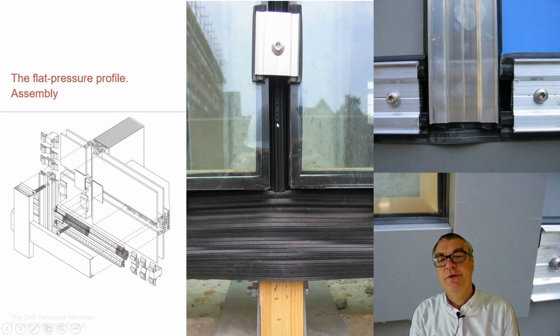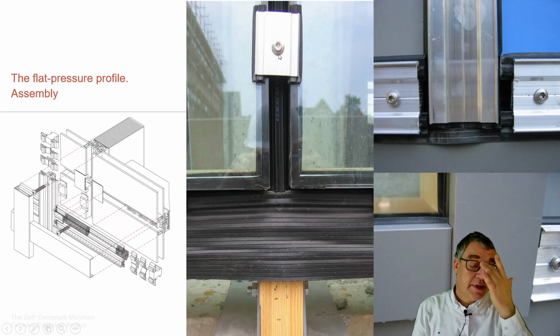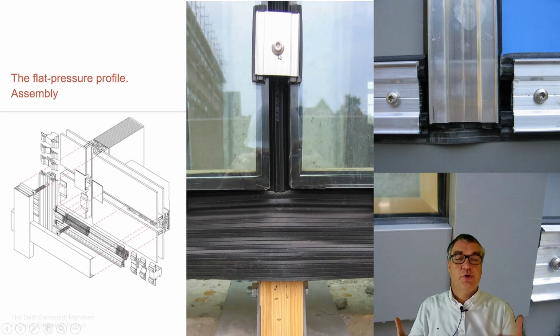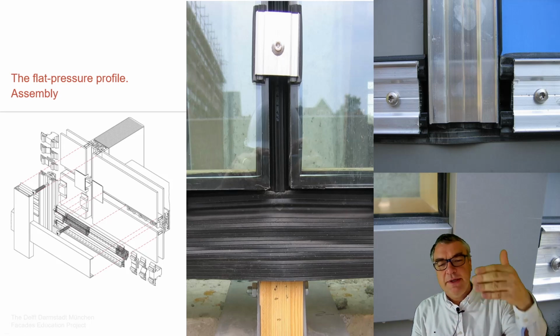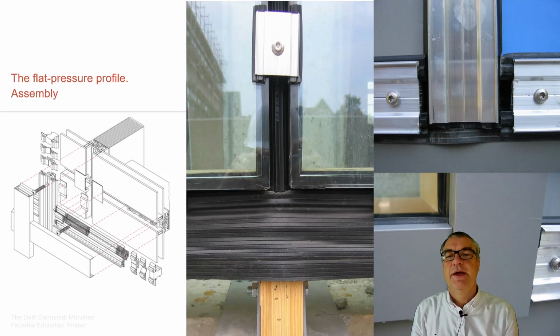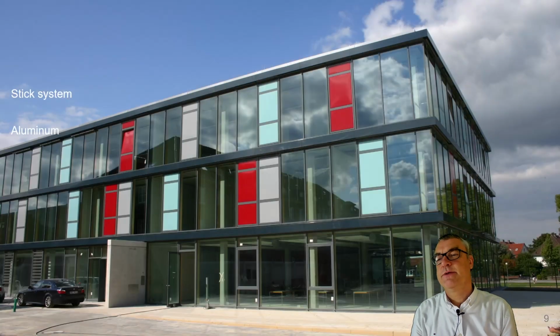Here we see the bottom part. The idea of this stick system is always that we need to make sure that if there's any humidity getting into the system, this humidity needs to find its way out of the system, and that's done with this drainage system. We have a separate lecture about that. The drainage system needs to drain at the bottom part out of the facade to not allow the water staying in the system, the stick system.